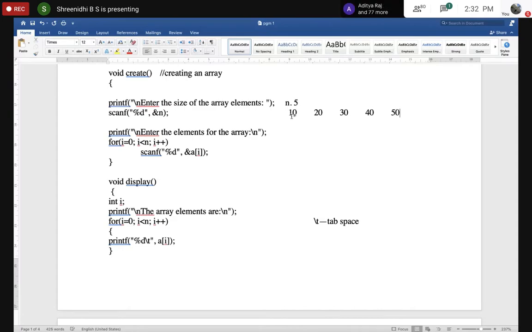The index will be 0, 1, 2, 3, 4. These are the indexes. If I take it as position, it will be 1, 2, 3, 4, 5. These are your positions.